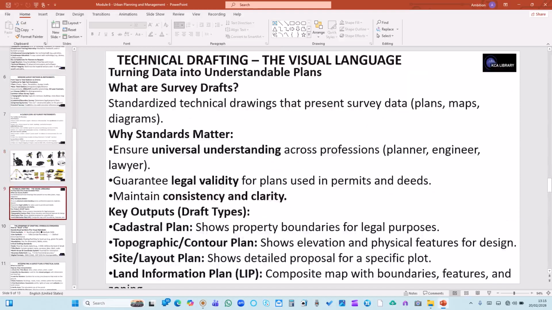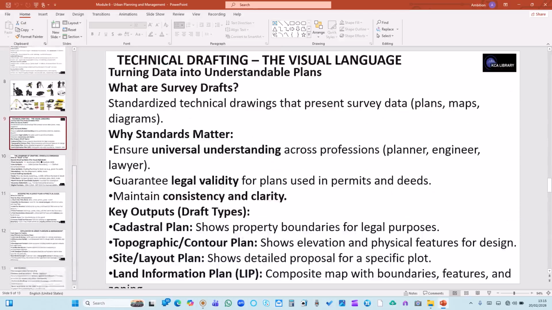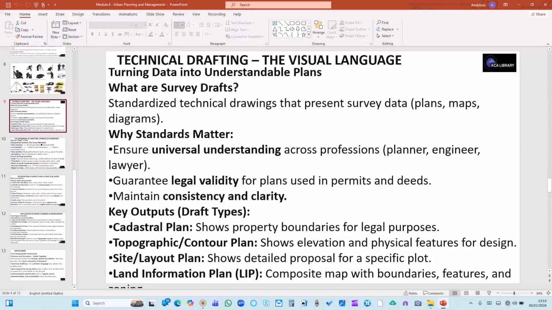Now let us look at the technical drafting. That's the visual language of surveying. So the technical drafting is the visual language that is turning data into understandable plans. What are survey drafts? A survey draft is a standardized technical drawing that presents survey data in the form of maps,